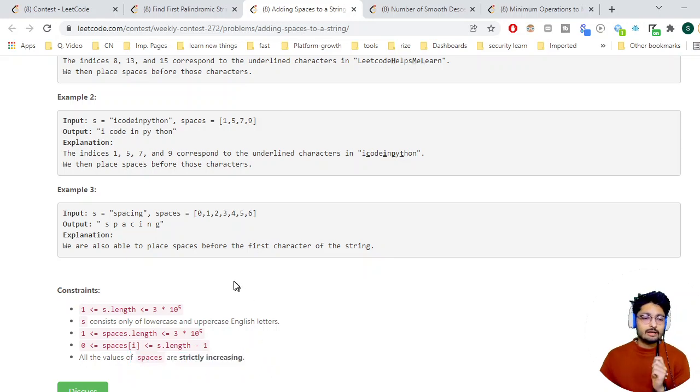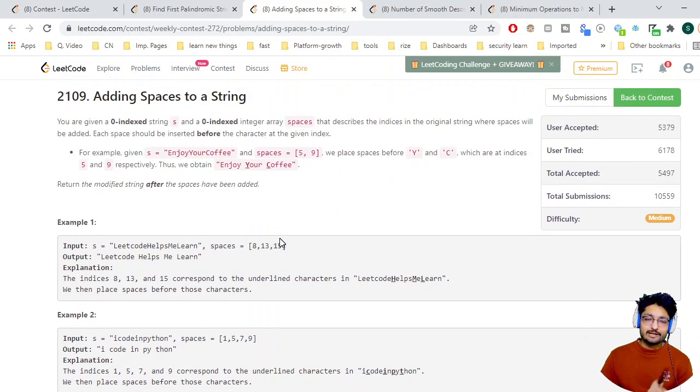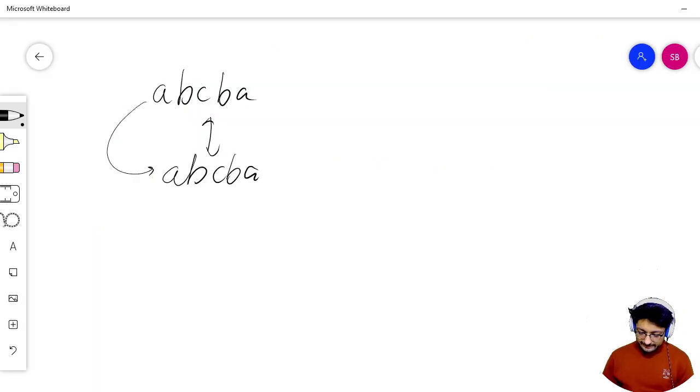You also have to see that maybe it can happen that the spaces are not ordered, then you cannot use two pointers directly, but you can sort it out and then use that. What I mean by this is, let's say that you have a string ABC and you have to put a space at 2 and 5, like after the second index and the fifth index. So 0 1 2 3 4 5, and let's say it is D, that is 6.